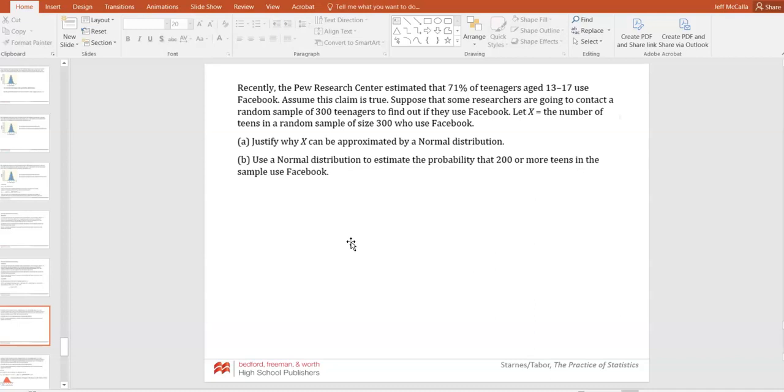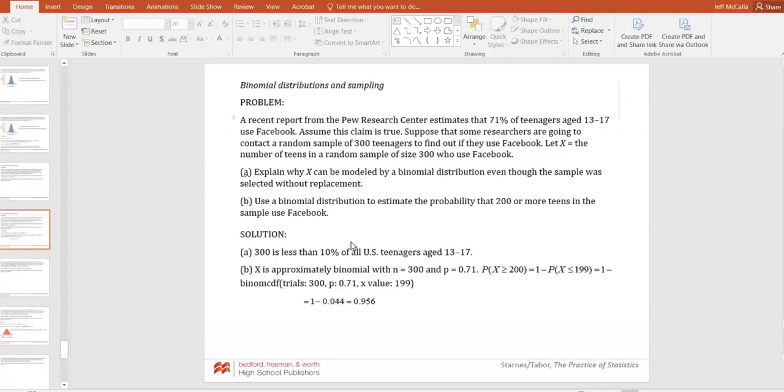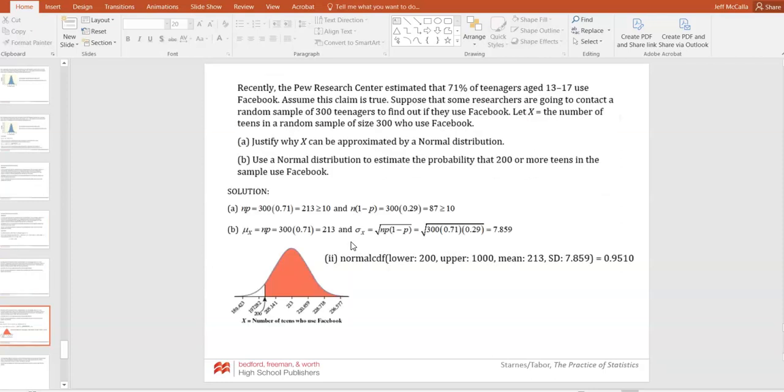It's large enough there. So use a normal distribution to estimate the probability that 200 more teens. This one we used binomial CDF. We got 0.956 as our answer. Here we're using a normal distribution,